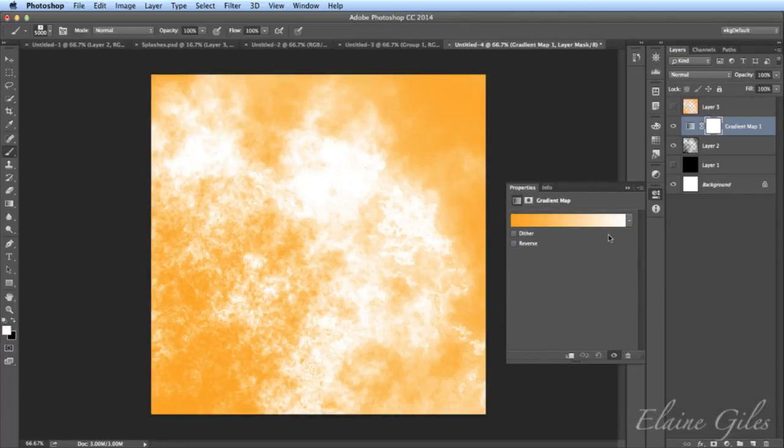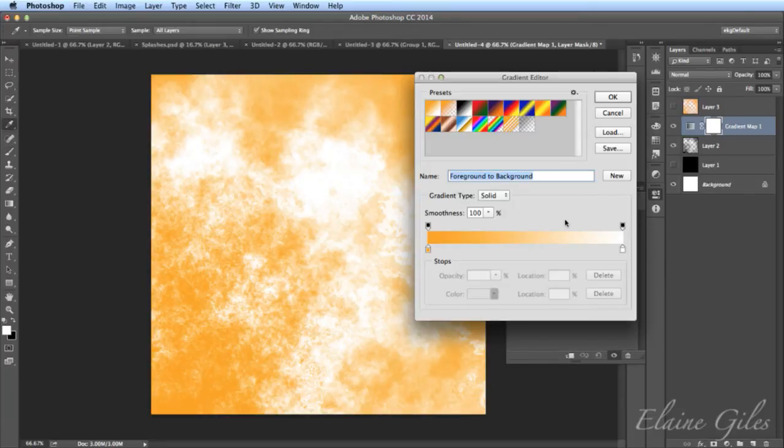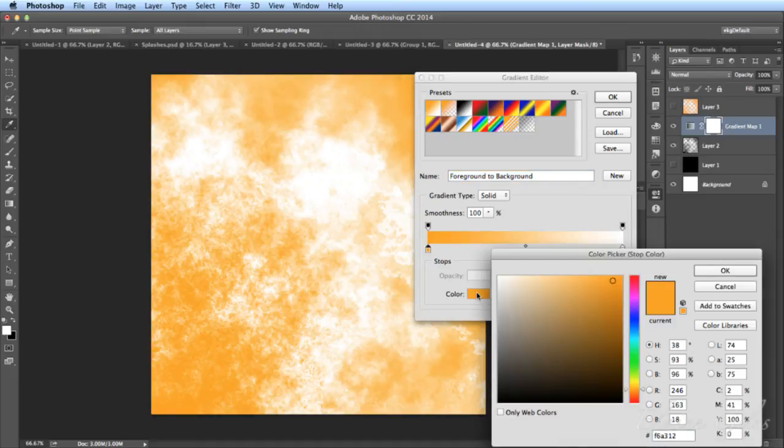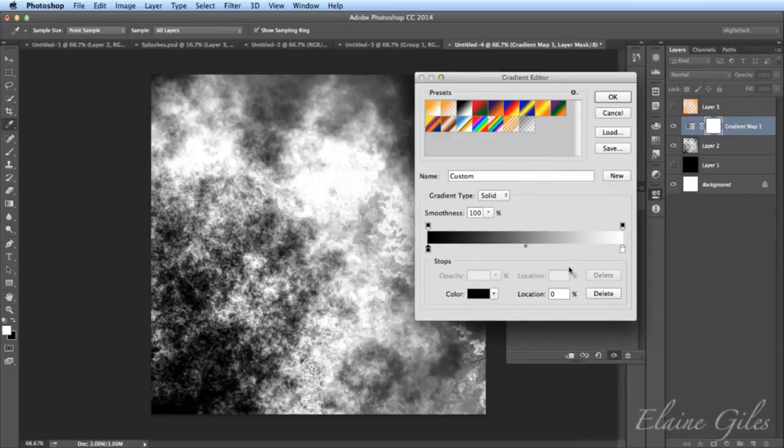It's actually chosen that one, but I'm not going to worry about the colour that it's picked. At the moment, it looks pretty similar, but I'm going to go in here and make some changes. So first thing I need to do is to make sure that that one is black. So in there, choose black for that end of it. That really makes it look like the first time I added it.